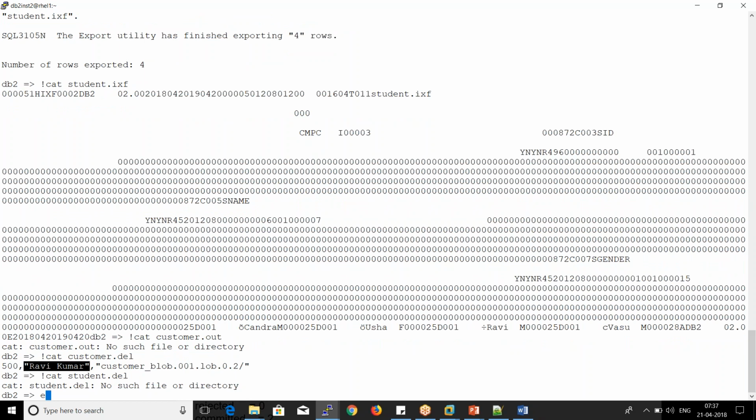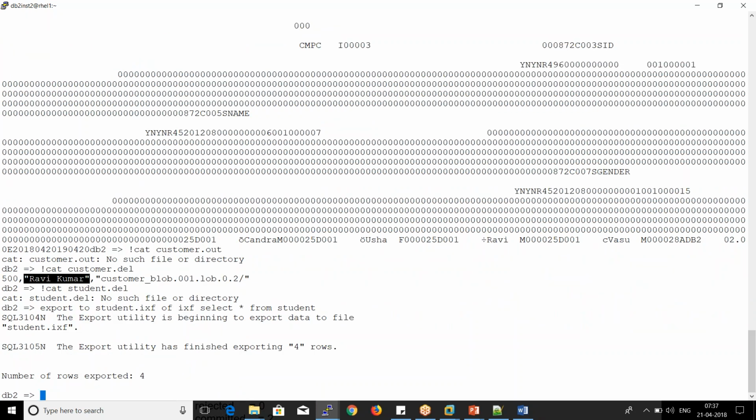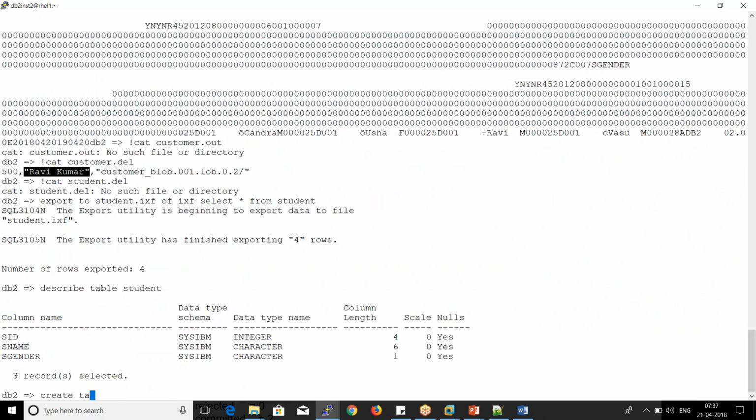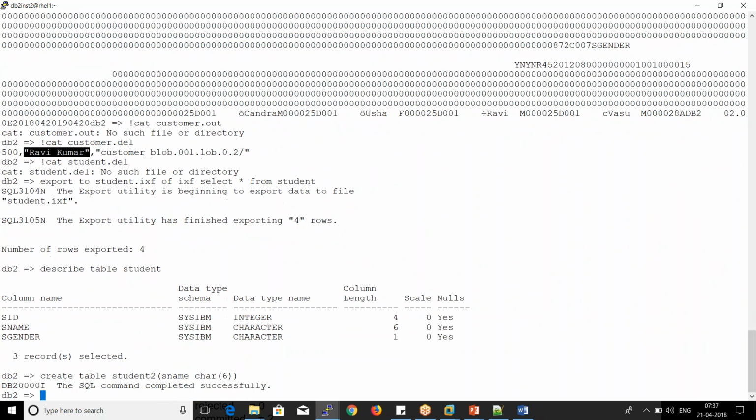So let me say export to student.ixf of ixf format, select star from student. Now data goes in ixf format, but if you look at describe table student, now let me create a table called student2 with just student name, right? Now from the exported